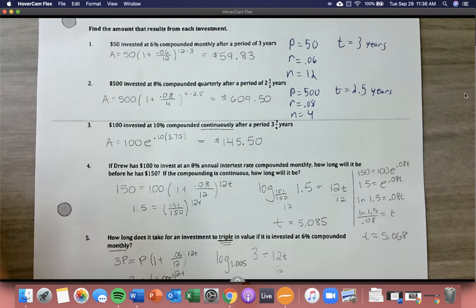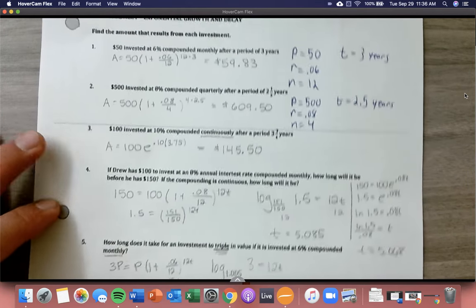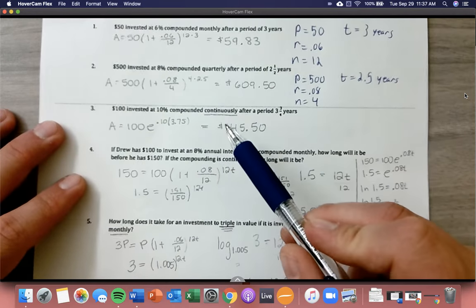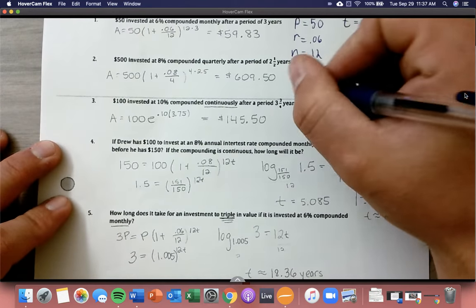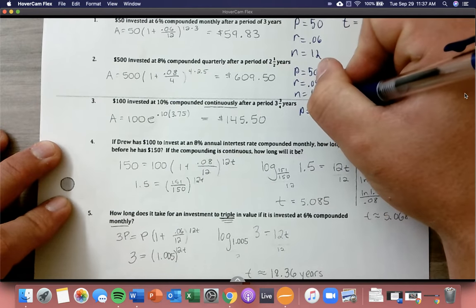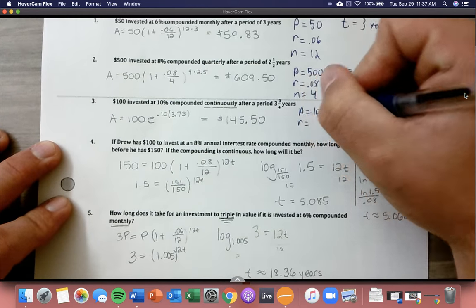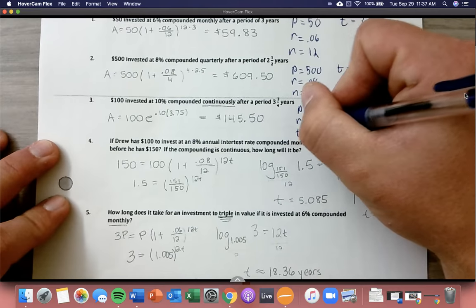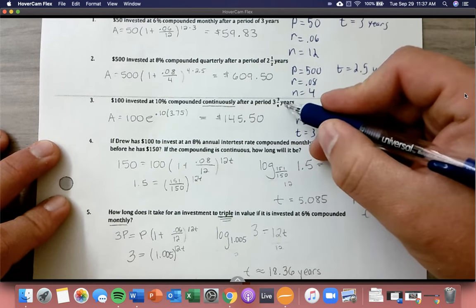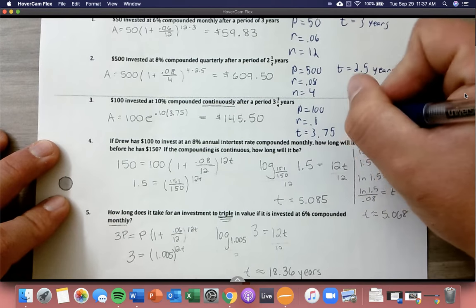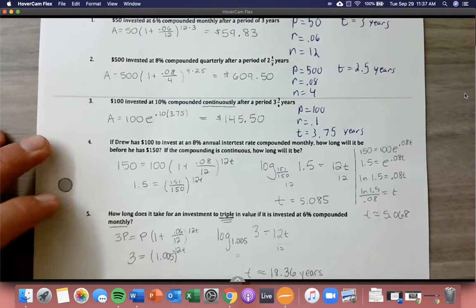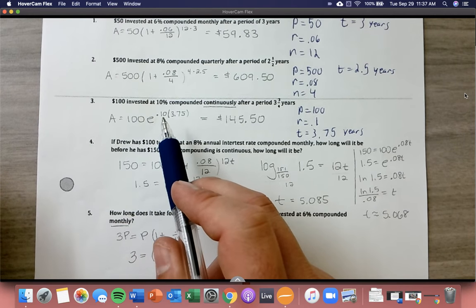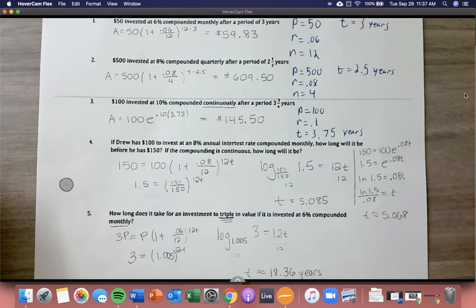$609.50. Number three is a little bit different, but only because we're going to be using our continuous equation, because it's compounded continuously. So just like the last ones, principal is $100. The rate this time is 10%, which is 0.1. And then time in this case is 3.75 years. We would plug that in and we get 100 times e, all raised to the 0.10 times 3.75. So we end up getting